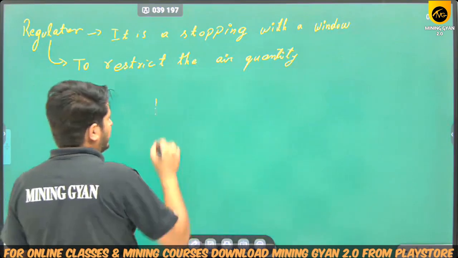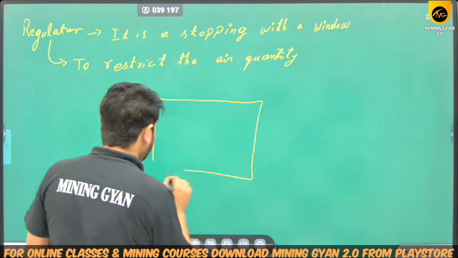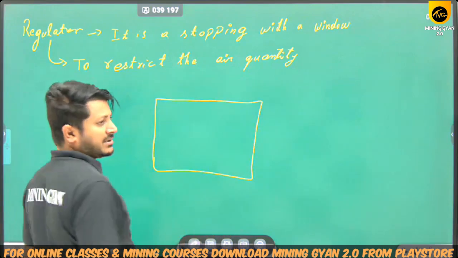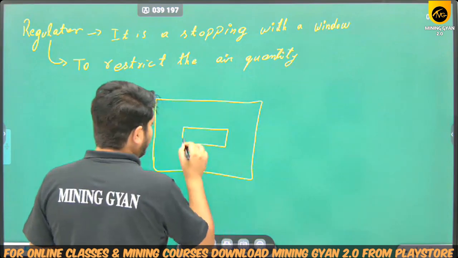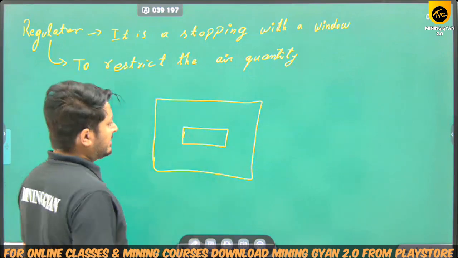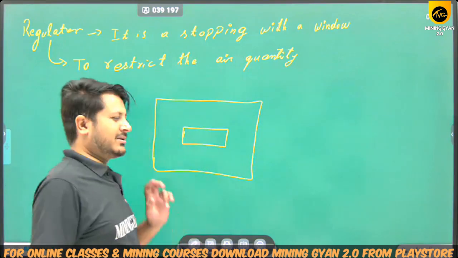Suppose, as you can see over here, that this is a stopping. Okay, in this stopping there is a window or opening, and this window has some sort of arrangement